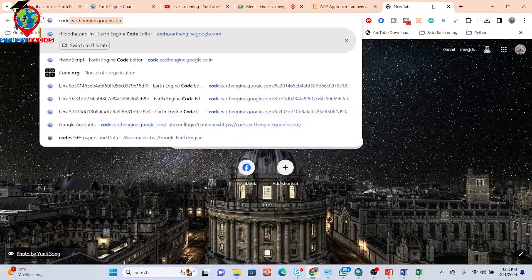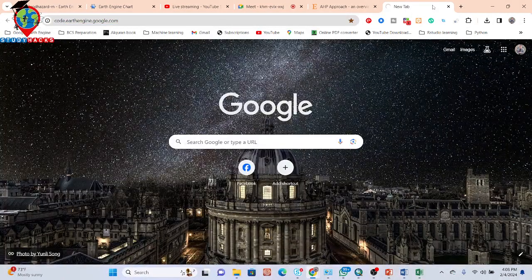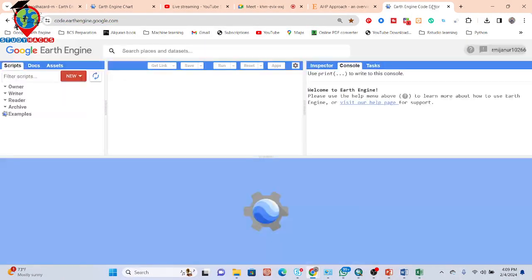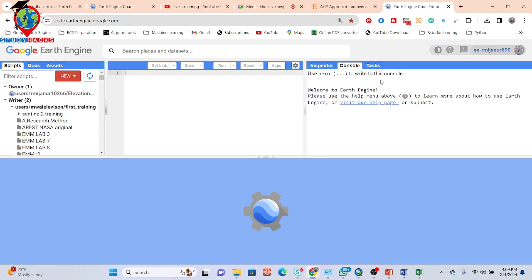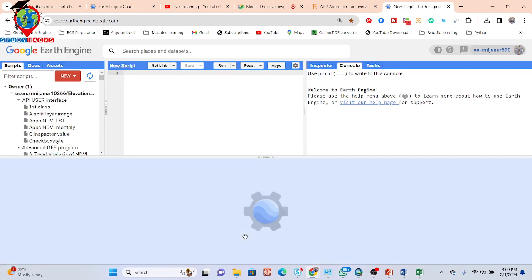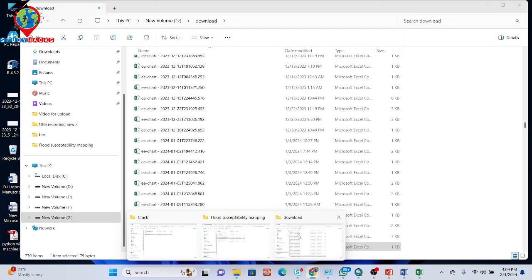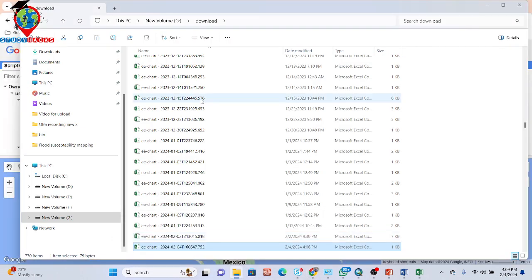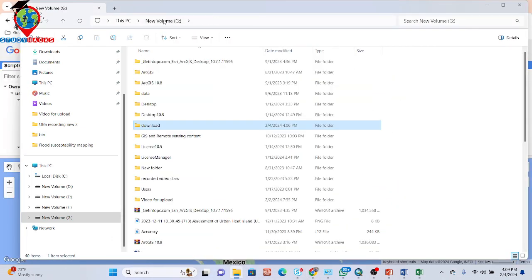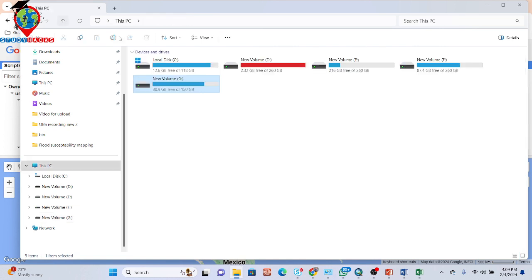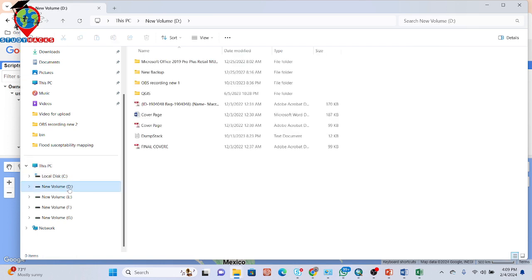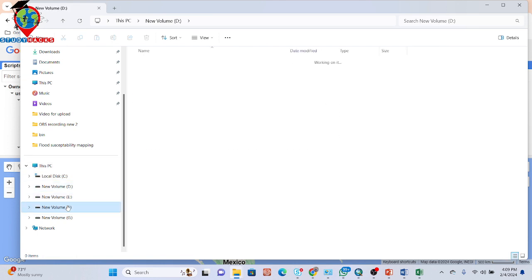Just a minute, and then it will be easy for me to understand step by step. Okay. So first of all, you have to import your shape file. I already downloaded your file. First of all, I need to have this code, Google Earth Engine, like the code Google Earth Engine, and then